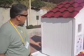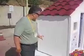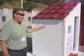What we have here now is a reflective wall coating. Now, it doesn't necessarily have to be white like this, but this white coating has a solar reflectance of 85 and a thermal emittance of 90, which means it will only be absorbing about 15% of the sun's energy. And we can show this under an infrared thermal camera, which we'll be doing in a little bit. Under an infrared camera, this will be